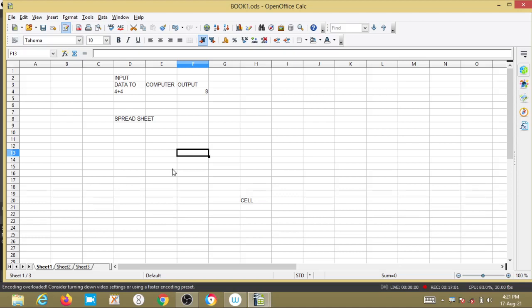I already told you that in a computer we are giving inputs. We are giving data to the computer and it will produce the output, right? Whatever we give, like 4 plus 4, logical things or arithmetic things, is called an instruction or data.